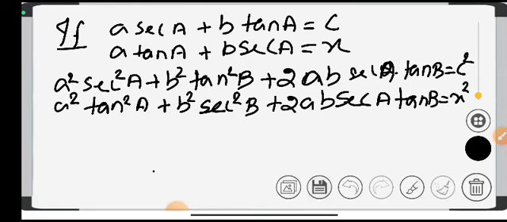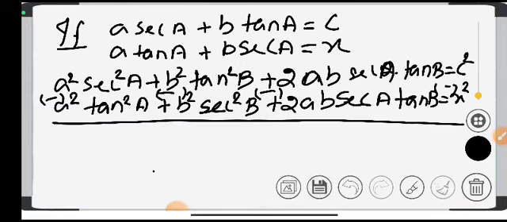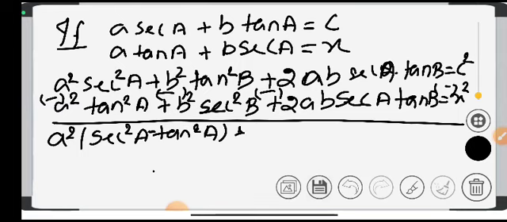Okay, if I subtract all this, I get the resultant, that is if I take a square outside, I find that sec square a minus tan square a is equal to